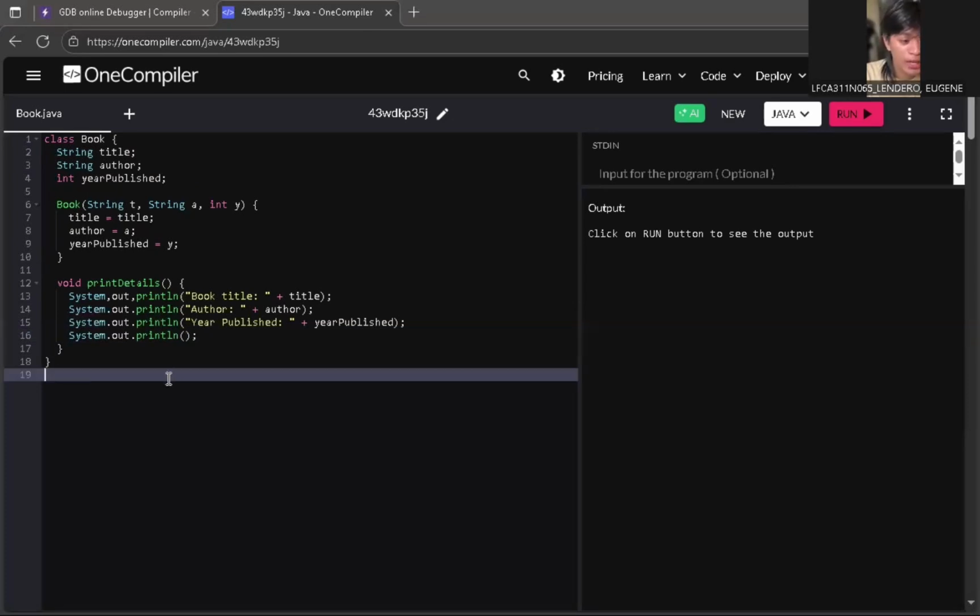So ngayon gagawa naman tayo ng library class kung saan ilalagay natin yung main method. So dito sa main method, gagawa tayo ng tatlong book objects gamit yung constructor na ginawa natin above.